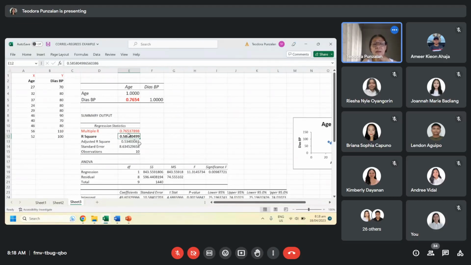Okay? Now, how to interpret this one? I'll write the interpretation here so that you can follow. Convert that into percent. 58.58 percent